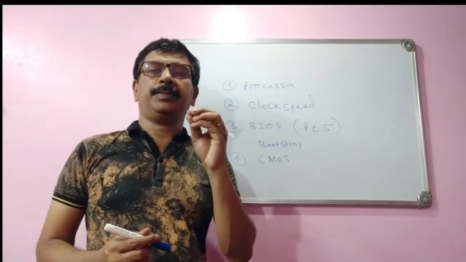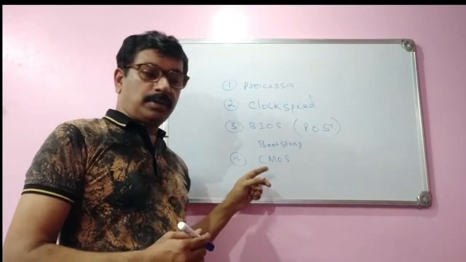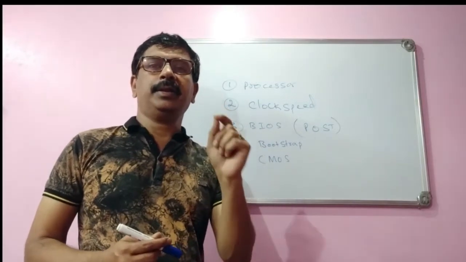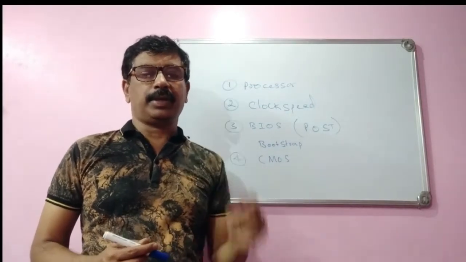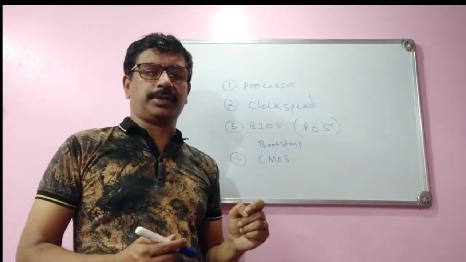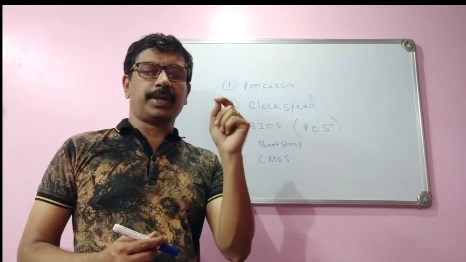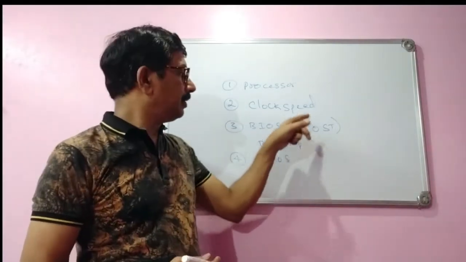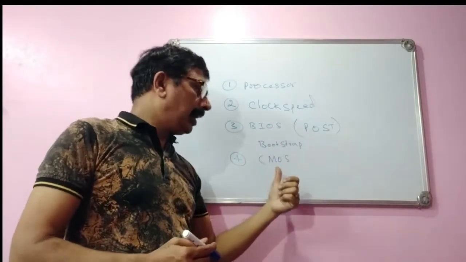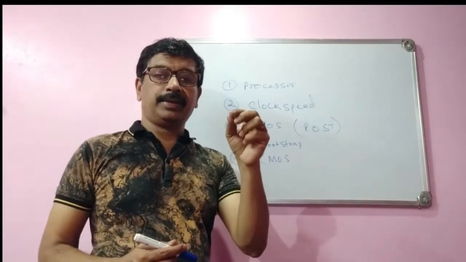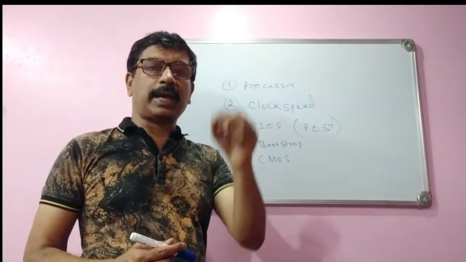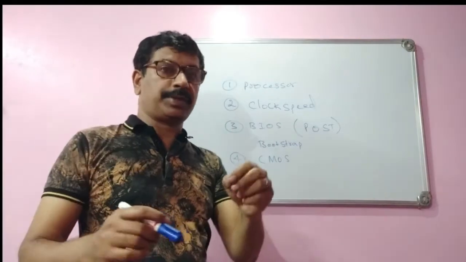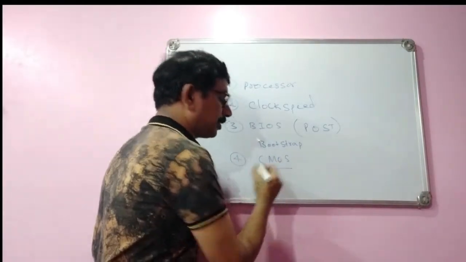The full form of CMOS is complementary metal oxide semiconductor. In notes you can see those things. Why is this thing needed? As I said, to initiate the things we need BIOS, and to store date or to keep track of time and to keep track of some system setup process, we need CMOS.